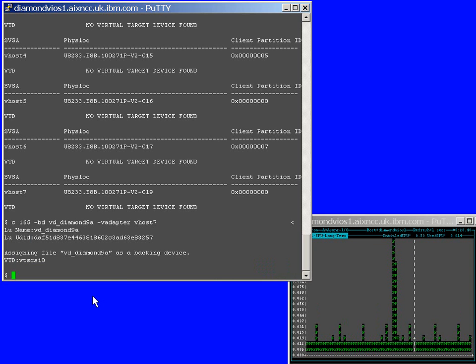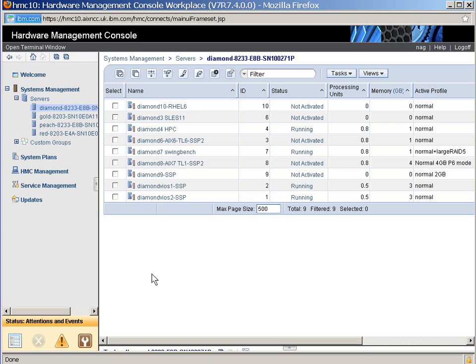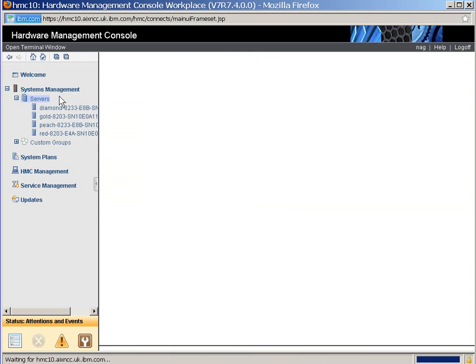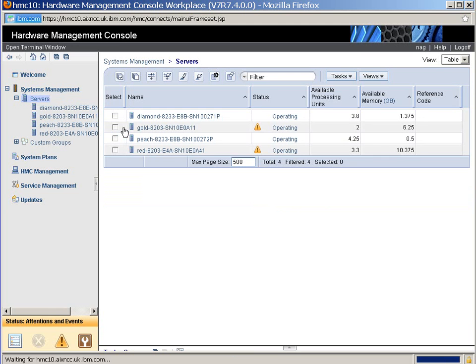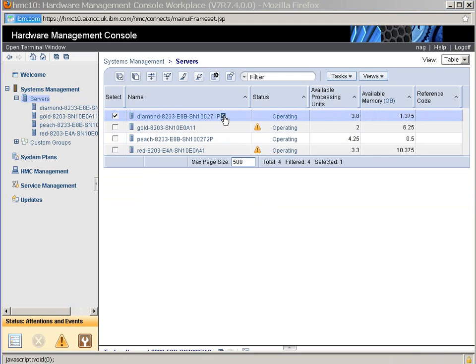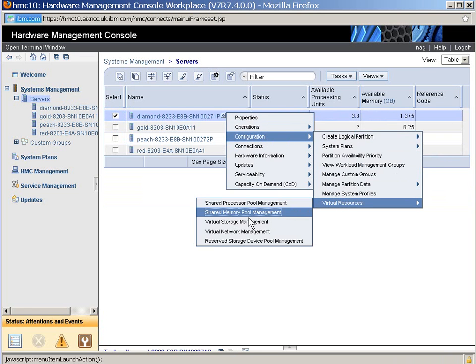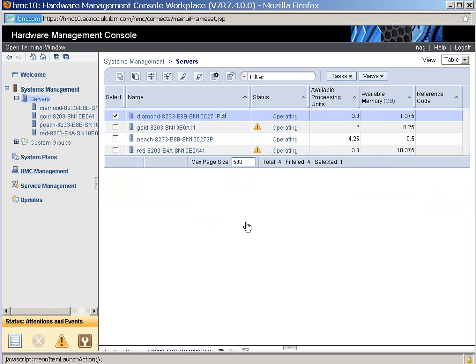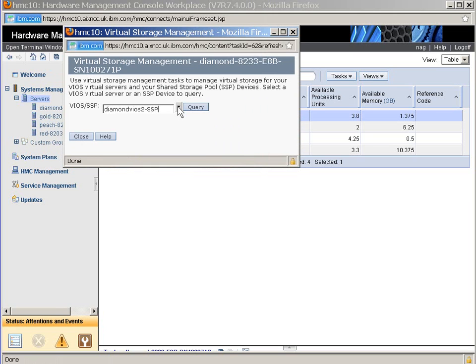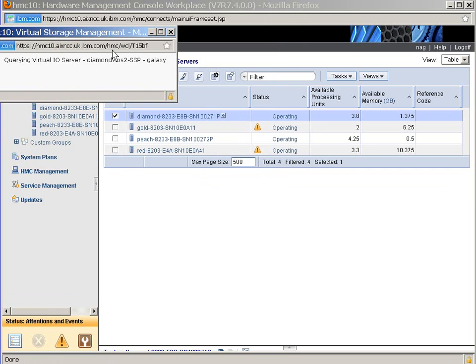Okay. Now if we go back to the HMC, we can actually see how we could do it from the graphical user interface. So here's our HMC. If I go upper level to servers, and I select Diamond, and we go down to configuration, virtual resources, virtual storage management. We can then look at a particular VO server, or we could go to Galaxy, which is our shared storage pool. We'll query that,